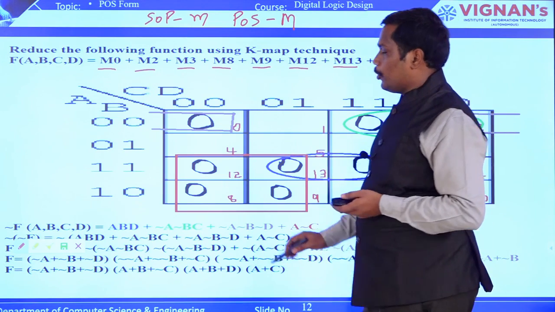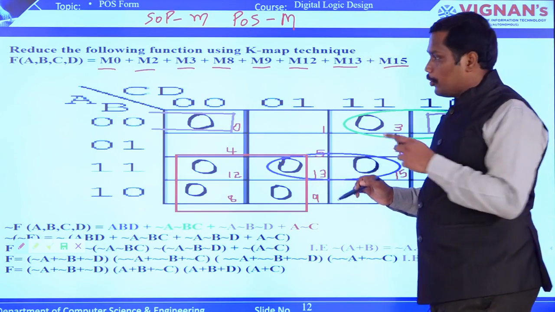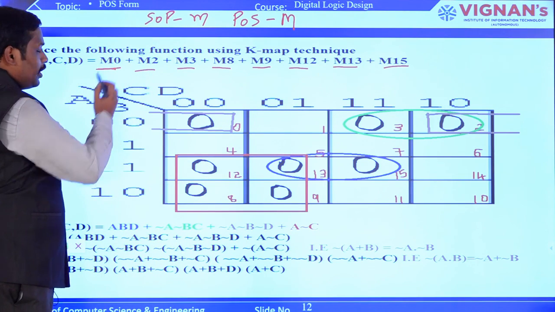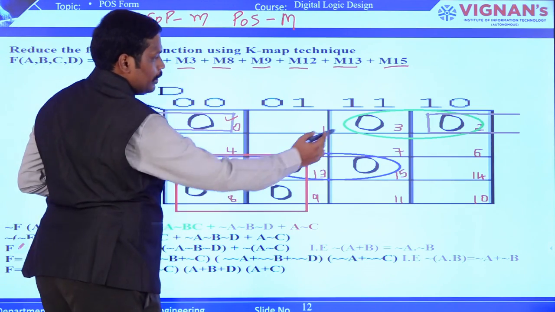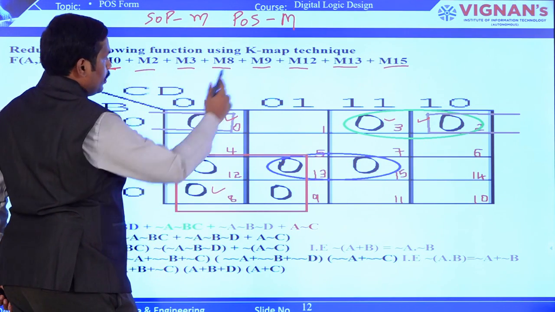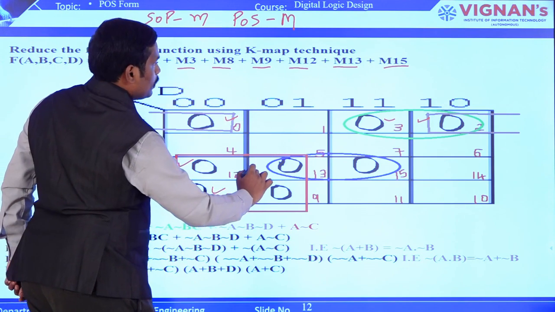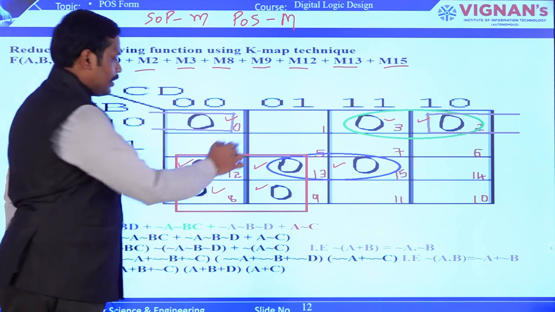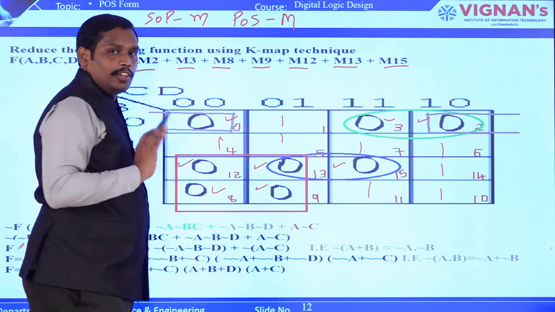So even for this, you are going to write A, B, C, D and construct a Karnaugh map. But here, instead of ones, you are going to replace it with zeros. So you can see the position M0, the 0th position, I have marked 0. And then M2, so 2 is here, I marked 0. 3, right? And then 8. So where is 8? 8 is here. Then 9. Then 12. Then 13. Then 15. So I have marked all the zeros, and the rest of the places you have to mark with 1. Something like 1, 1, 1, 1, 1, 1, 1, 1. The leftover cells you have to mark with 1.